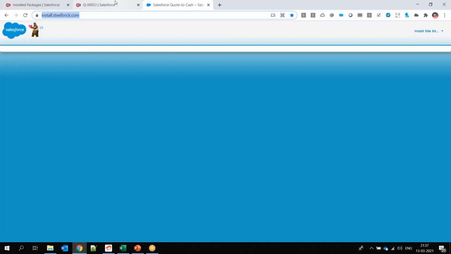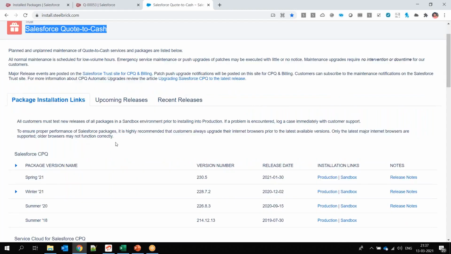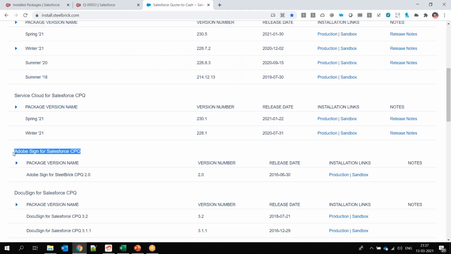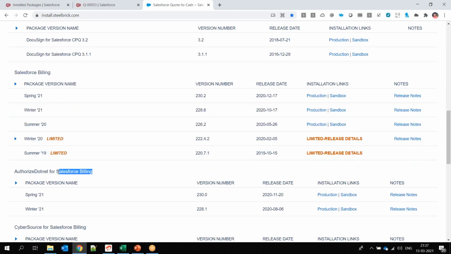this link. So if you join any company and they ask you to install packages related to your Salesforce quote-to-cash business, all the upcoming releases, upgrades, all the packages are available here. Even if you want to install Salesforce CPQ for the first time, you can go to that Salesforce CPQ. This is another package: Service Cloud for Salesforce CPQ, Adobe Sign for Salesforce CPQ, DocuSign for Salesforce CPQ, Salesforce Billing, then